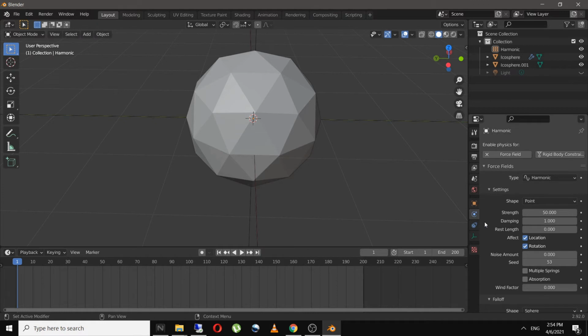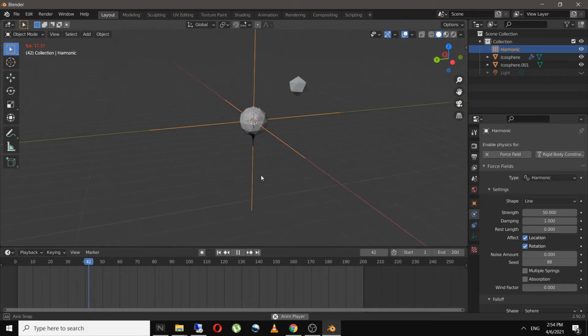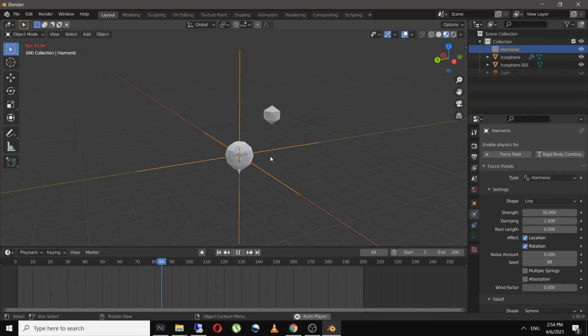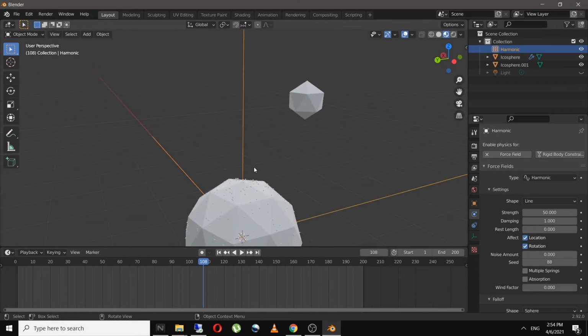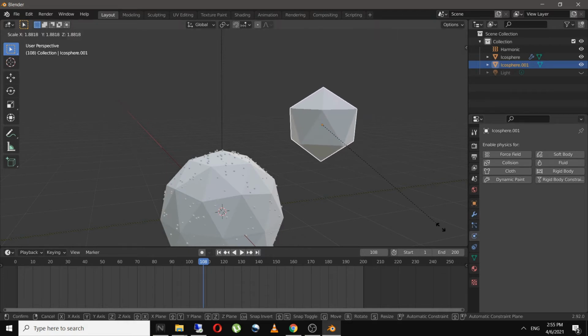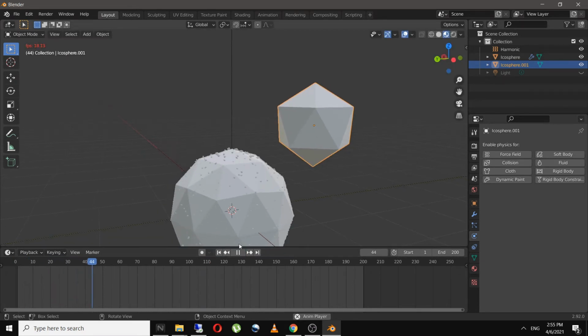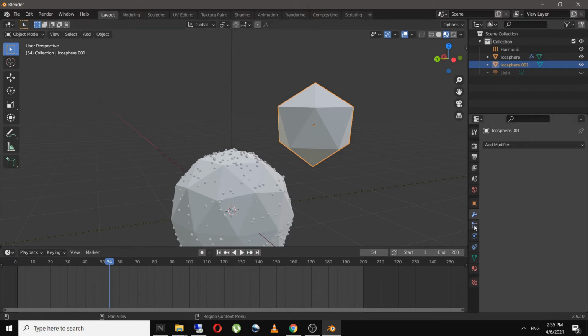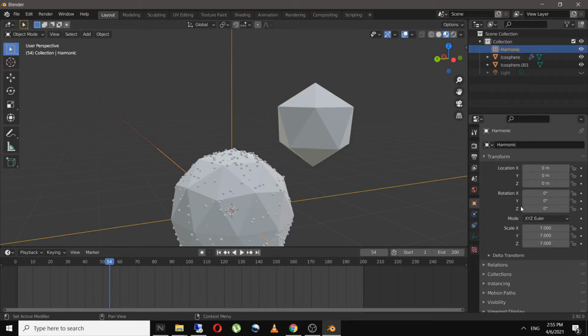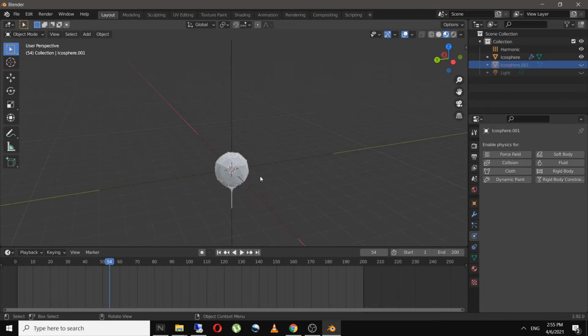If we change this to a line and play it, you will see it will go around the line. I will scale the particle like this because it's too small. And now in harmonic settings, I will change the shape to plane. And now when we play it,